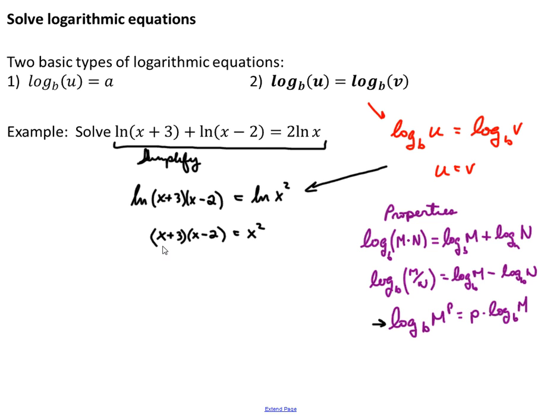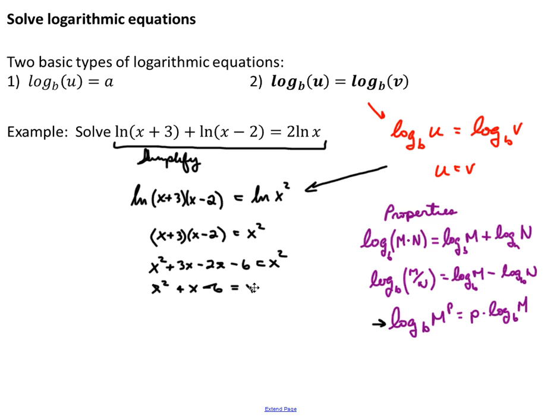Let's multiply together x plus 3 times x minus 2. We're going to get x squared plus 3x minus 2x minus 6 is equal to x squared,